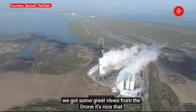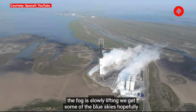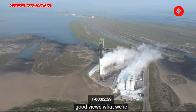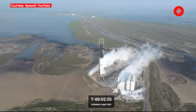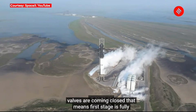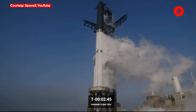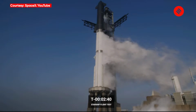We got some great views from the drone. It's nice that the fog is slowly lifting. We get some of the blue skies, hopefully good views. What we're waiting for right now is closeout of propellant loading on the first stage. That should be wrapping up shortly. In fact, it looks like fuel fill and drain valves are coming closed. That means first stage is fully loaded, second stage fully loaded, and that's 10 million pounds of propellant on board